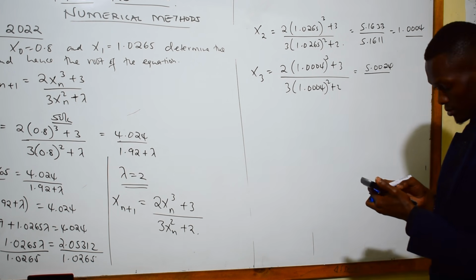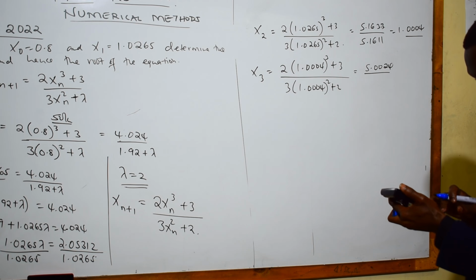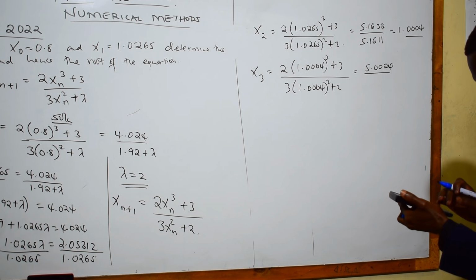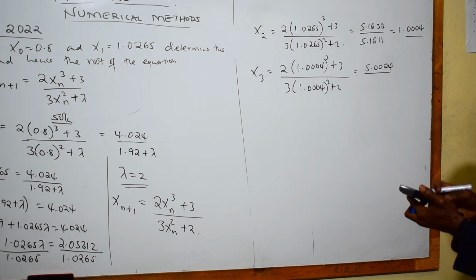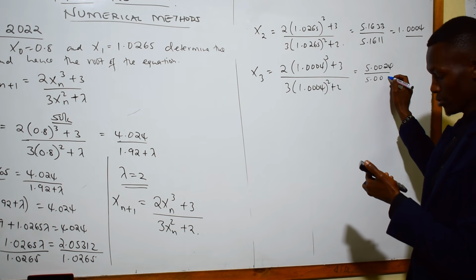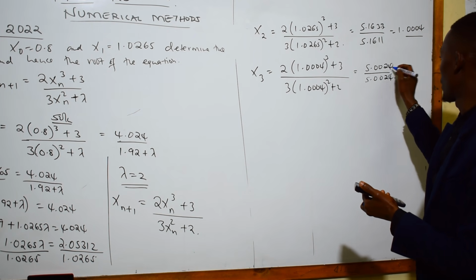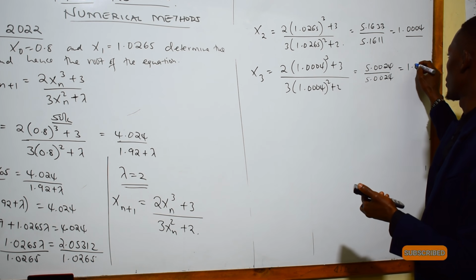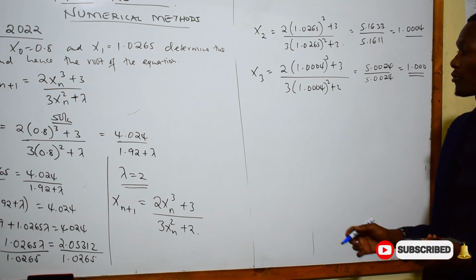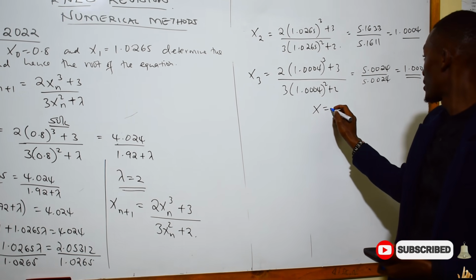Then the lower value, 1.0004 squared, multiplied by 3, then you add 2, gives you the same value, 5.0024. When you divide these two, it gives you 1.000. You can see now, our best approximation now for the value of x is just given by